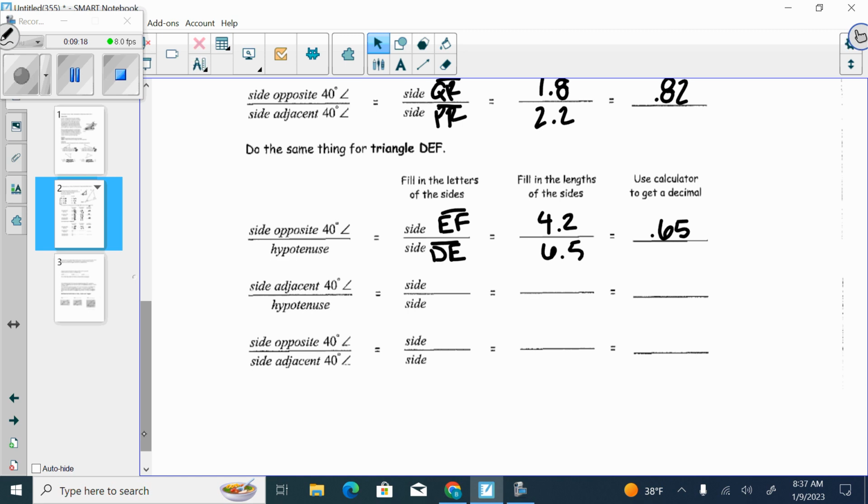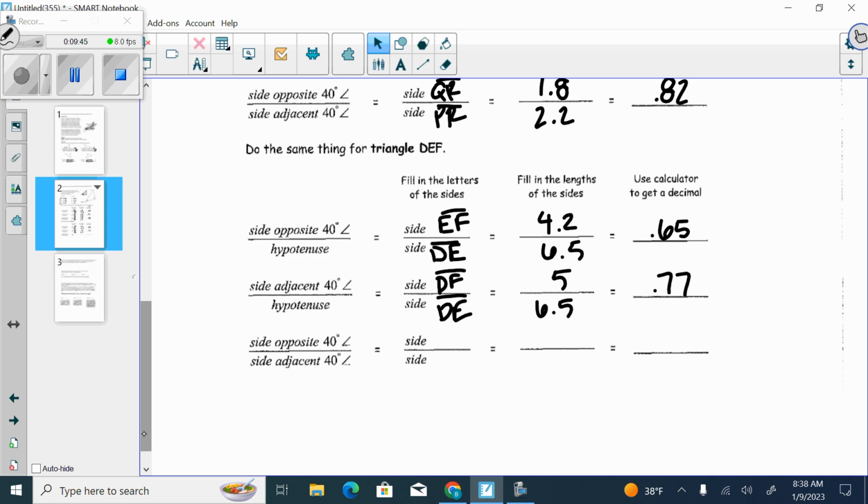All right. Okay, what's the adjacent side to the 40-degree angle? Good. Over the hypotenuse, which is still DE. What's the length of DF? Good. Over that same hypotenuse. And 5 divided by 6.5 simplifies to,